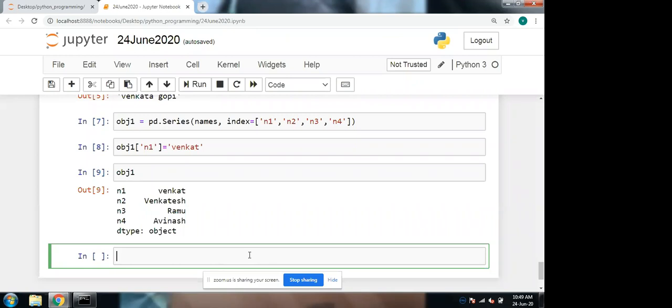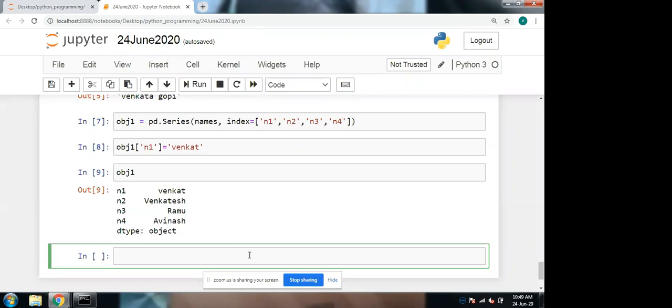A data frame is two-dimensional data, as we saw previously. There is nothing much more to discuss about series, which is a representation of data in a single dimension. But the data frame has more to discuss, so let us see that.